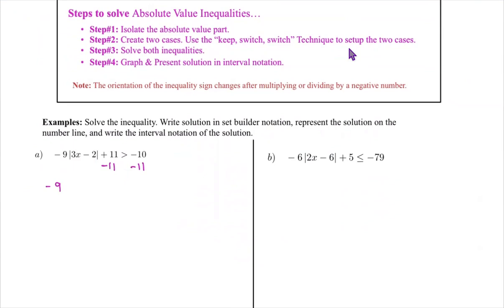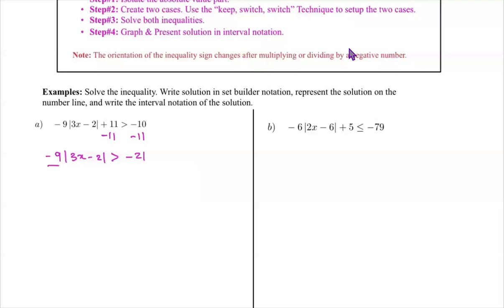-9 absolute value of 3x minus 2 is greater than -21. Let us divide both sides by -9. Well, obviously, since it's an inequality situation, this inequality sign will switch direction because we divide by a negative number. So we get absolute value of 3x minus 2 is less than,